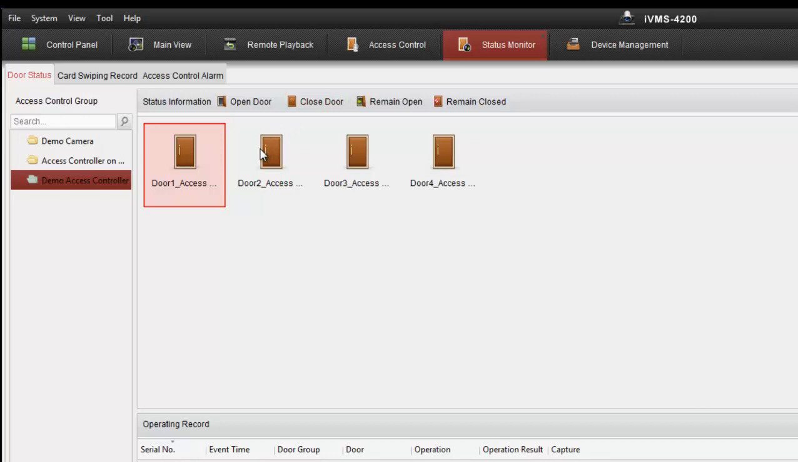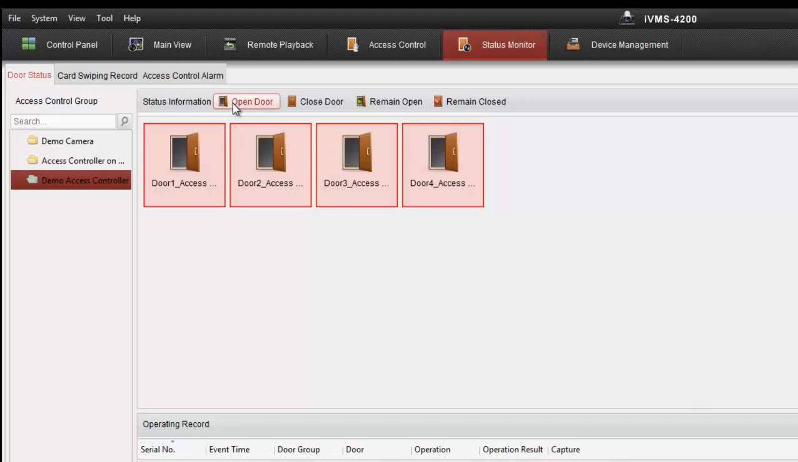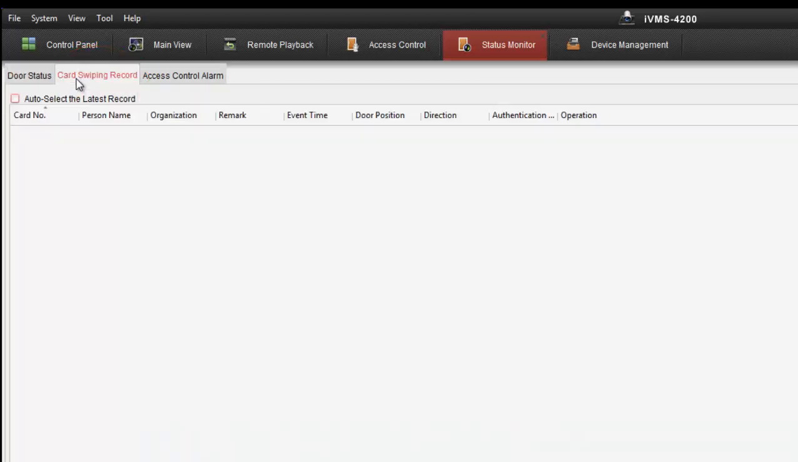Alternatively, we can select all doors at once by clicking the shift button and enter, which selects them all, and then we hit open, it unlocks all doors together and they'll automatically relock after the unlock time. If we then click on the card swiping record tab, that'll open up a window where we can see any card events as